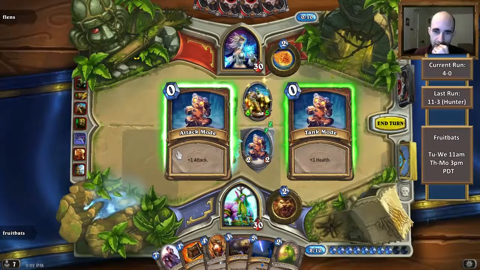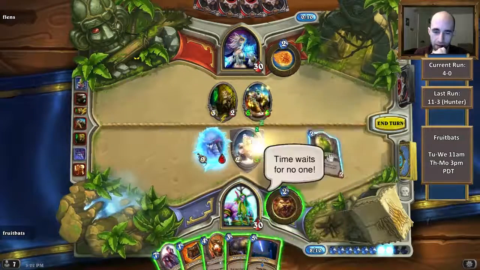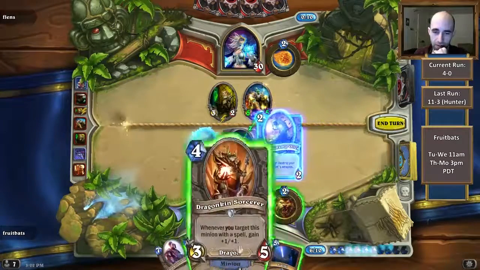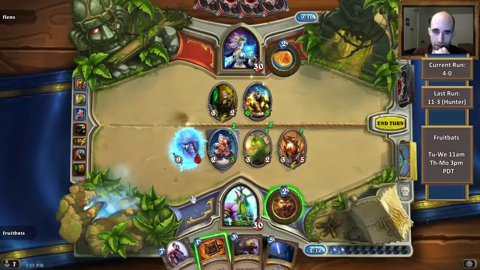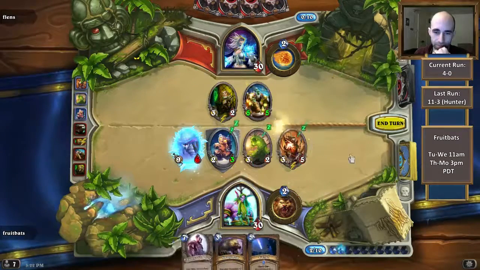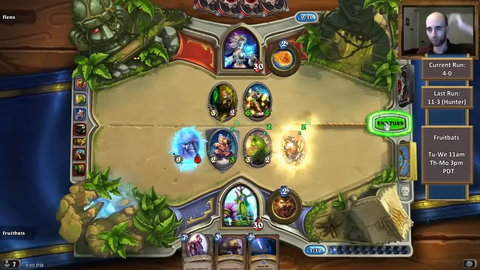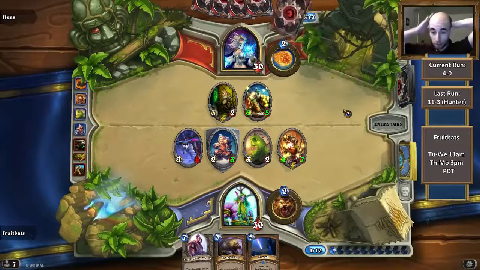So on the stream I like to talk about some of the strategic decisions that I'm making and my thought process as I'm making them, but I thought it might be interesting to take a game and look at it in depth after the run is over. I'll talk about all the thoughts that were going through my head, all of the strategy that's going into my decisions, and hopefully it'll help you to become a better arena player just seeing some of the insights that I go through. This will be the first episode in an ongoing series of videos where we do this, so let's